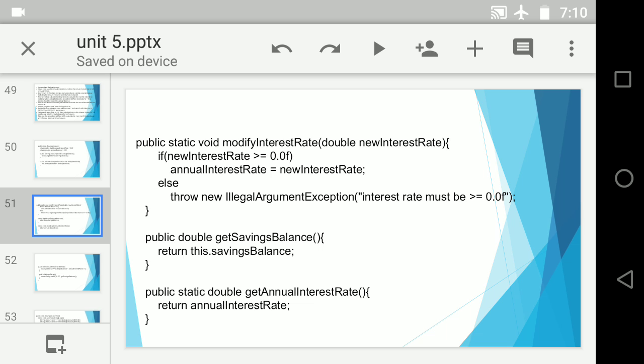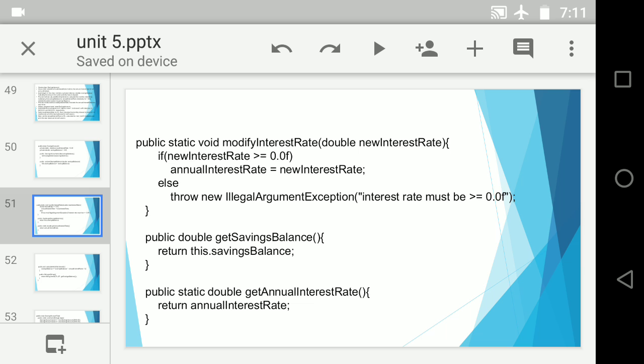Mind well, if I am creating a get method for a non-static variable, my get method will be non-static. If I am creating a get method for my static variable, my get method will be static. See, can you see the difference between the last two methods, getSavingsBalance and getAnnualInterestRate? getAnnualInterestRate is static, whereas getSavingsBalance is non-static. Correct? So this is the part which we are going to focus on. For static variables, we will be using static methods. For non-static variables, we will be using non-static methods. In a static method, let us just make it a rule that we will never be using a non-static variable.